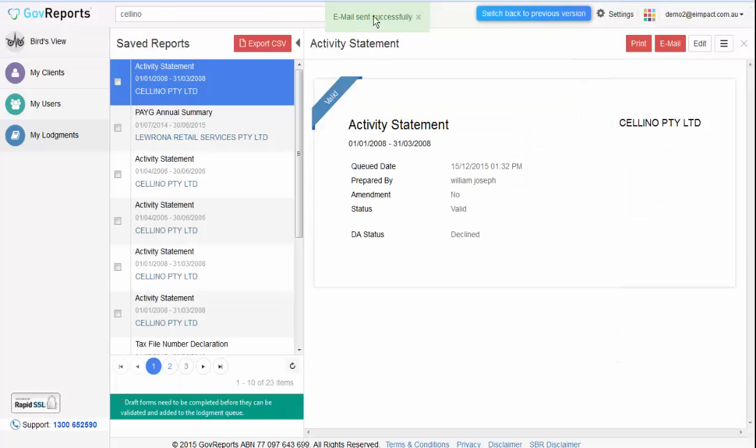Voila, the email has been sent successfully. If it was sent from your email, like I said, if you have email configurations for your personal email, the sent email will also be listed in your sent mailbox or folders.